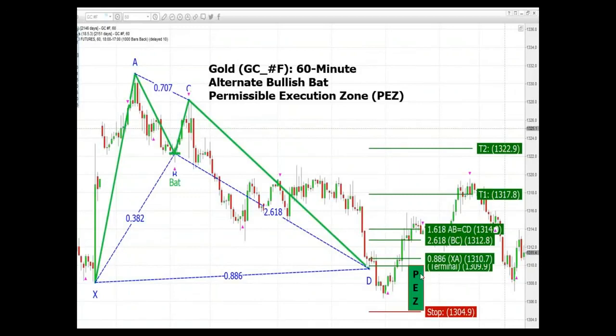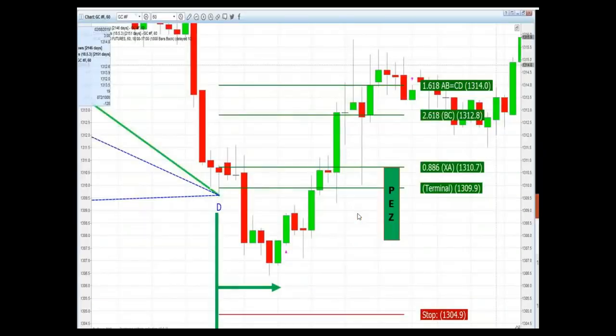Now here is permissible execution zone. That is that area below the PRZ, the 886 level, and the terminal bar, between that and the stop loss. And then finally, look, there's our HSI, pink HSI arrow. And let's look at the check back. This is really important because here is that area, the execution. Even the consideration of the execution of the trade does not begin until after that D point confirms. So we look to the right of that bar,